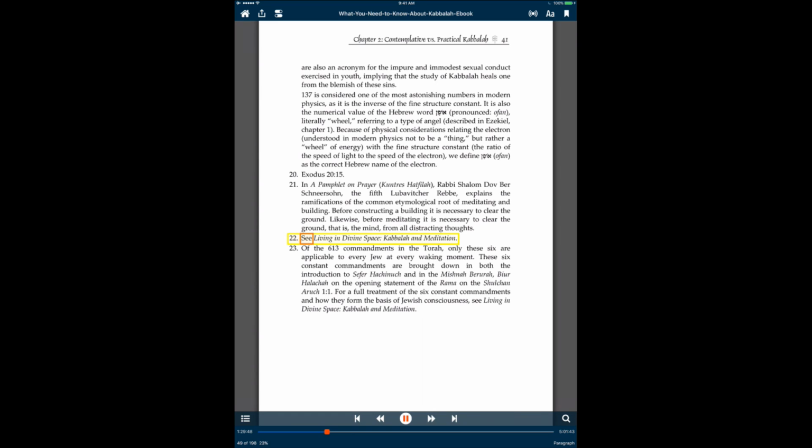22. See Living in Divine Space, Kabbalah and Meditation. 23. Of the 613 commandments in the Torah, only these 6 are applicable to every Jew at every waking moment. These 6 constant commandments are brought down in both the introduction to Sefer HaChinuch and in the Mishnah Berurah, Biur Halacha on the opening statement of the Rama on the Shulchan Aruch 1:1. For a full treatment of the 6 constant commandments and how they form the basis of Jewish consciousness, see Living in Divine Space, Kabbalah and